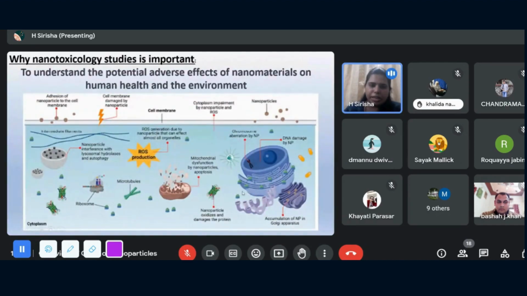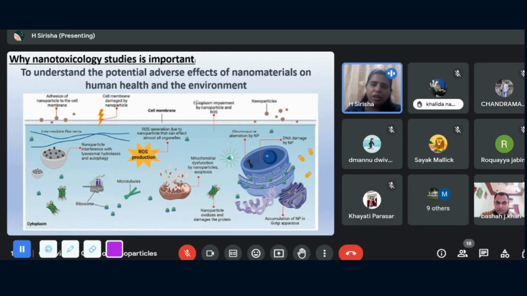This diagram is a part of the cell. The cell, as we studied in our primary classes, consists of different cellular organelles. What we can see are these intermediate filaments, these are the microtubules, the ribosome, mitochondria, nucleus, surrounding nucleolus, and the endoplasmic reticulum. When these nanoparticles try to enter into the cell, when they try to get into the cellular membrane and enter, they can cause a